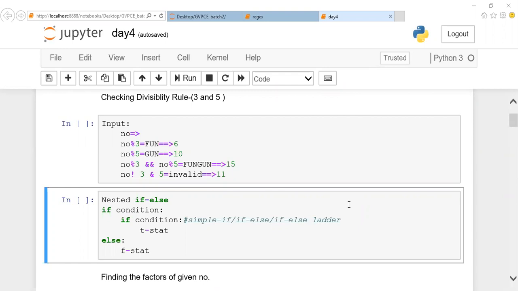I guess few people are posting answers in this Q&A also. Just a minute, I'll go there. Gayatri. Good.